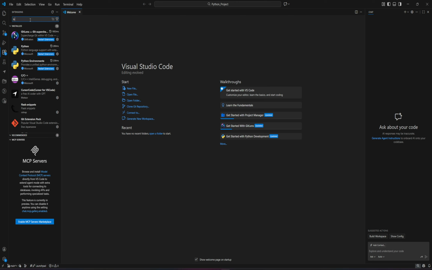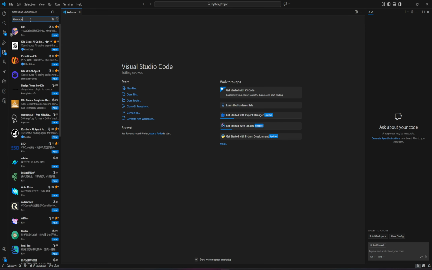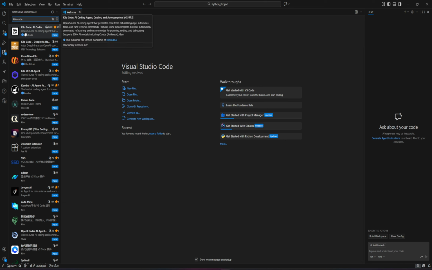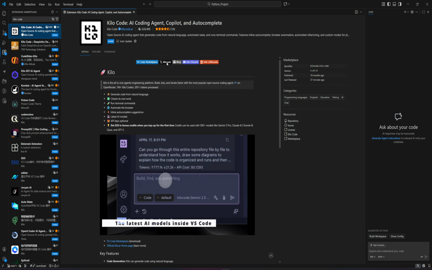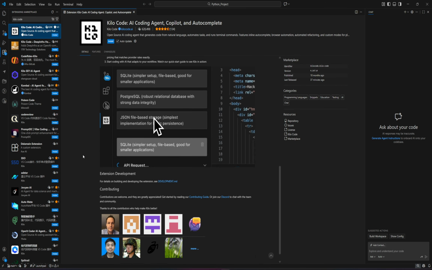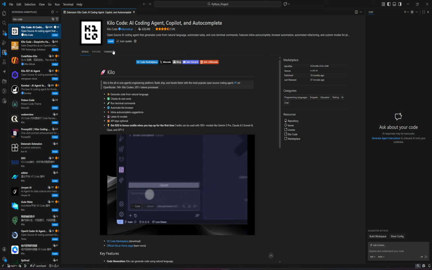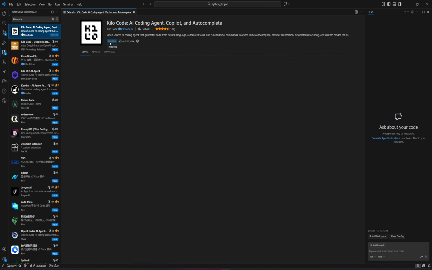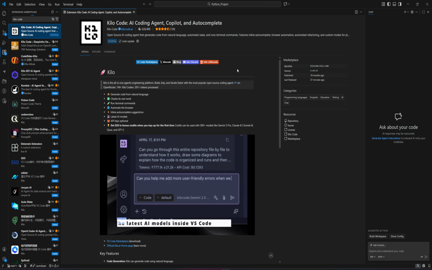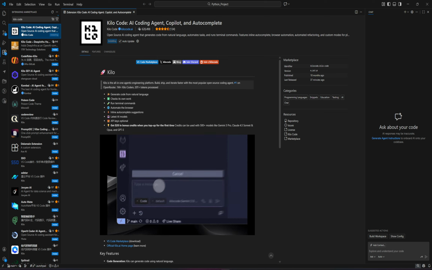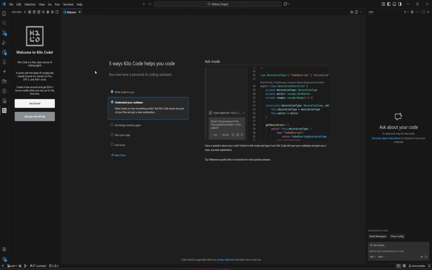Now search for KiloCode right here, and you will see this first one. If we click on it, you will find out everything here. Now, up here, you will click install. Now you can install it and wait a little bit. And now, as you can see, we successfully